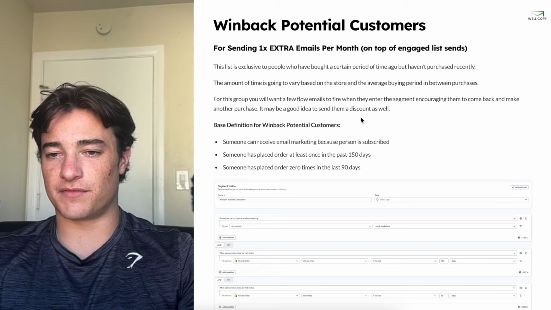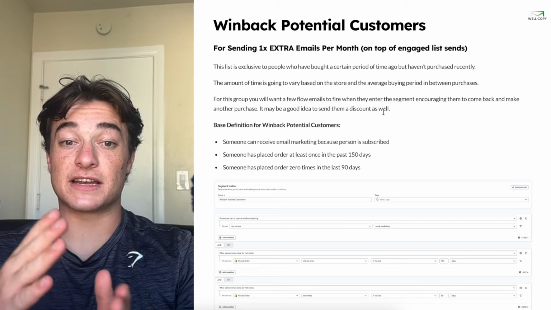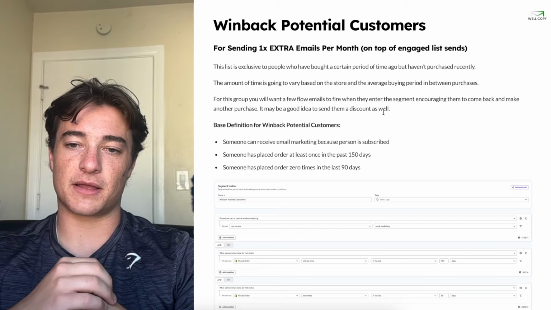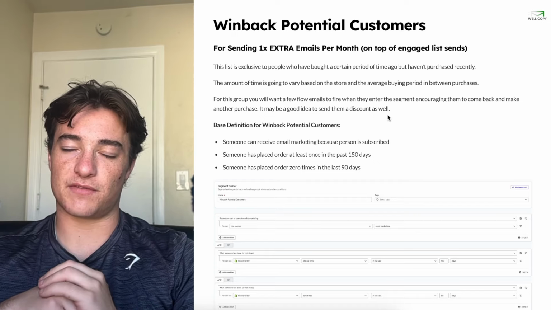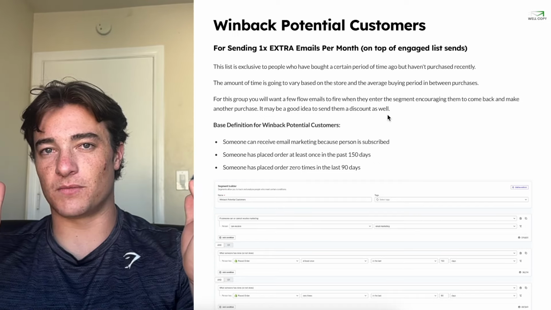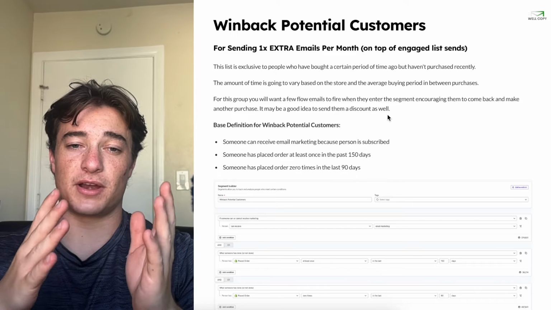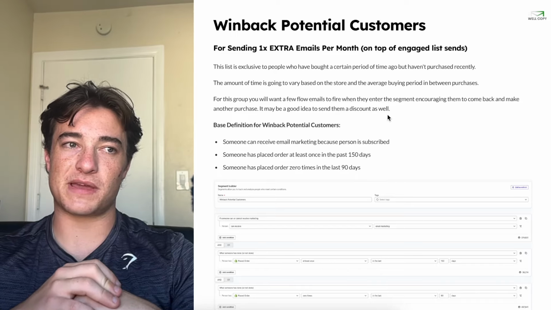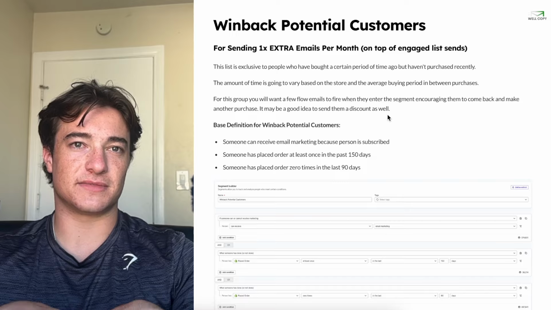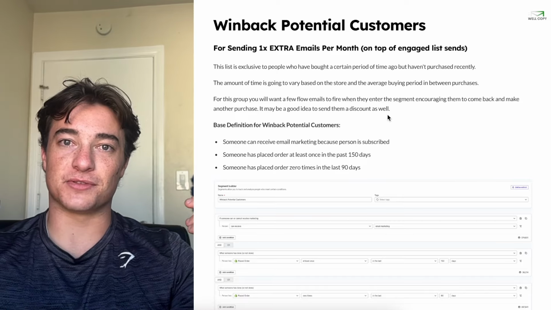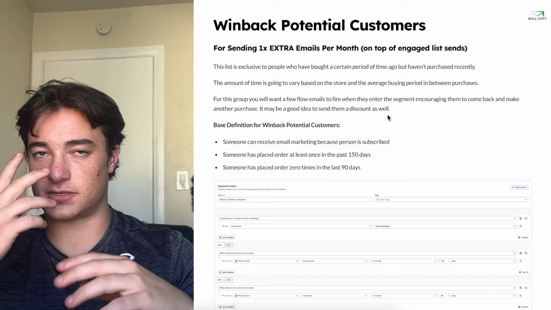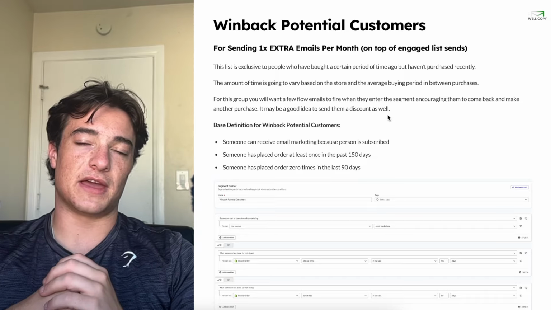So for this group, you want to have a few flow emails to fire when they enter this segment, to encourage these people to come back and make another purchase. And it may be a good idea later in the flow to give them a discount if they haven't purchased yet. Something like a supplement, where it's a 30-day trial, then you might want to start your win back campaign on day 45. Like, hey, you've used up all your supplement, do you want to come back? How did you like it? And then send them a couple of reminders to try to get them back,